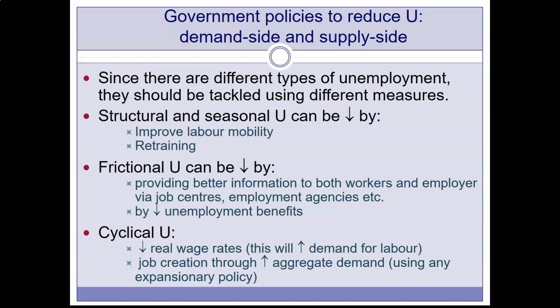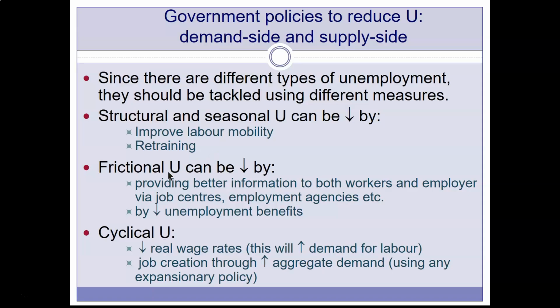For example, if you are able to work as a freelancer online, for example, if you can set up an online business which does not depend on your tourist flow, then you will be able to earn some money even when you don't have any income from your main job. So generally, structural and seasonal unemployment can be helped by improving labor mobility and by retraining programs, by developing human